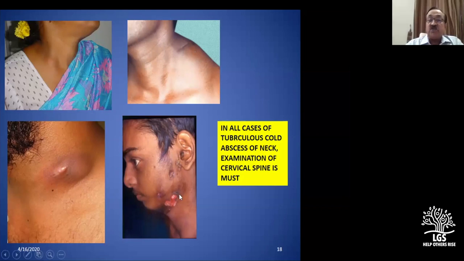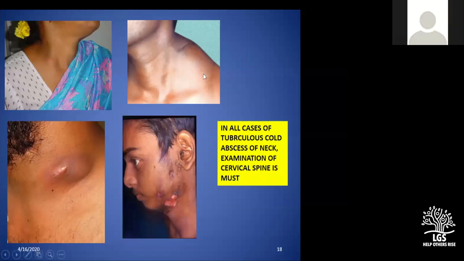I just brought this to show you. These are all short cases for you. This is diagnosed by lymph nodal swelling with or without matting, which may give an area of softening, which is an area of cold abscess. If the area is very small, you may have to do a Paget's test, which I mentioned yesterday. Now, if you see this swelling in the posterior triangle, a large swelling.